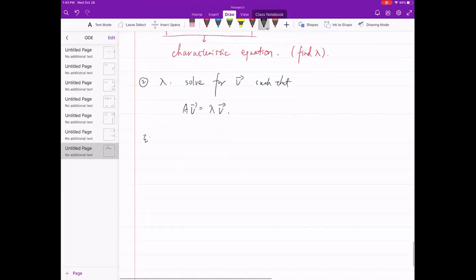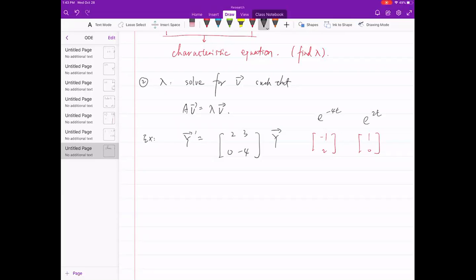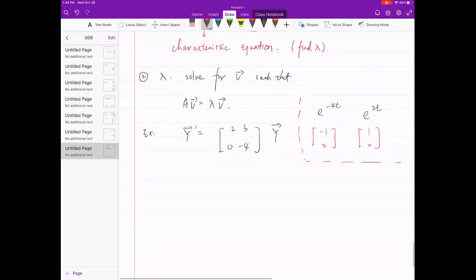All right. Let's try the example. We had this before. Through something, we basically identified this one is going to be a solution. This one is going to be a solution, right? This one corresponded with e to the negative 4t. This one corresponds with e to the 2t. Okay, that's solved by solving them individually. Now, let's solve it in the new way. Then take this out